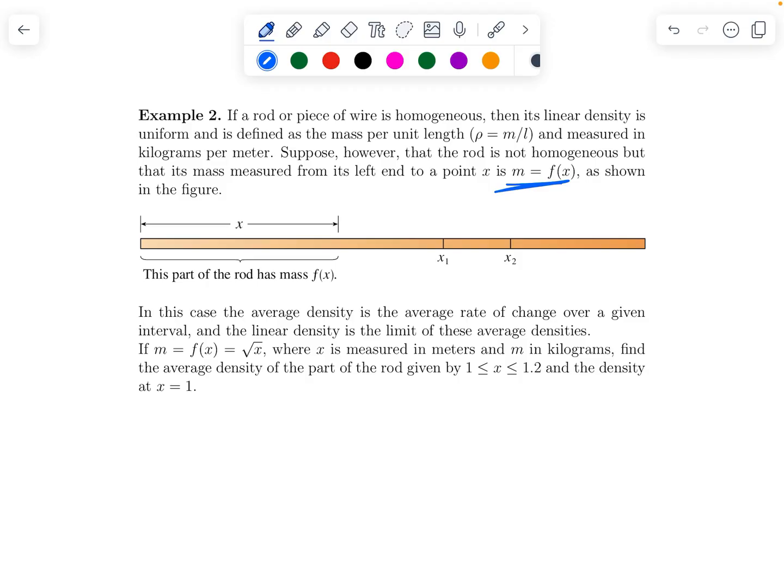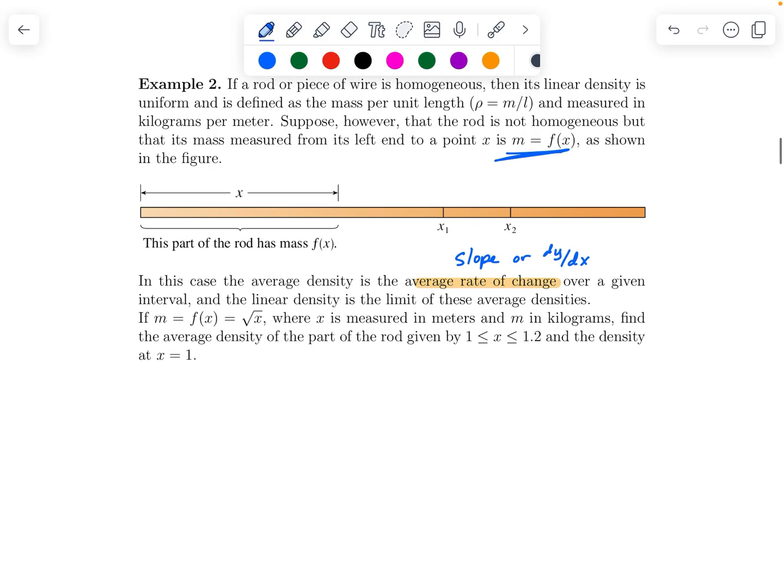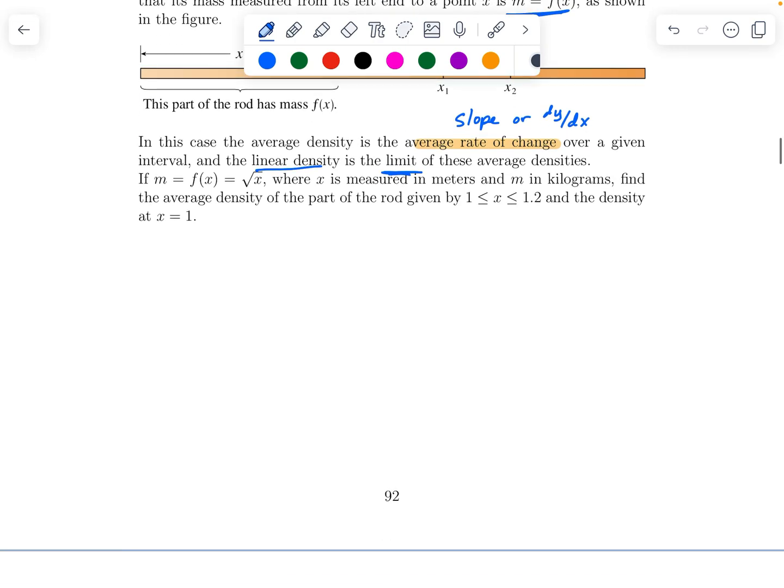In this case, the average density is the average rate of change. Well, hold on. Average rate of change. That's a fancy way of saying slope. That's a fancy way of saying the derivative. And its linear density is the limit of those average densities, limit of the slopes. So the linear density